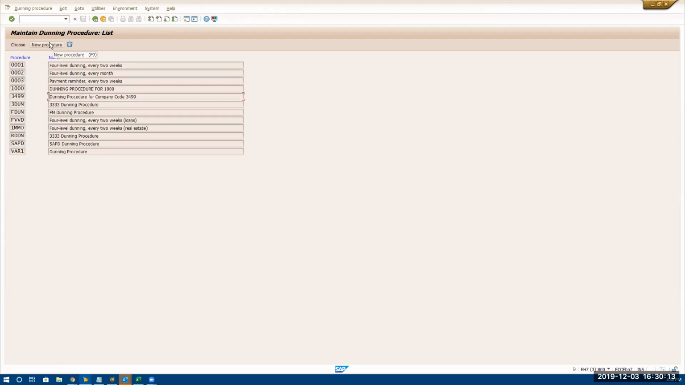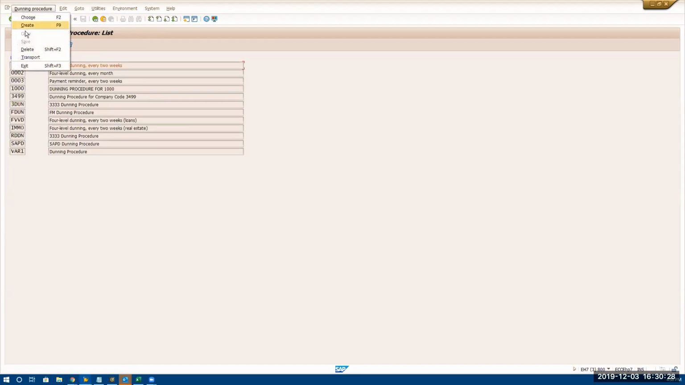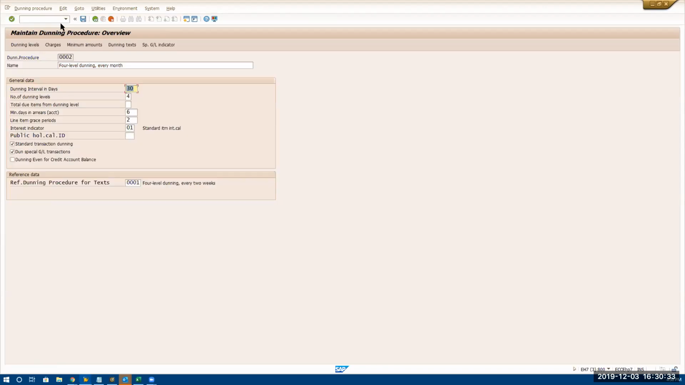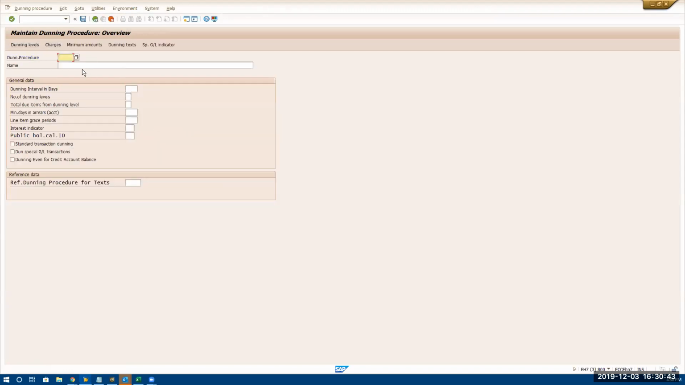Now I'm going to create a new procedure. Or you can also copy from 001. This copy is not possible in this screen, but there's a way you can copy. Let's see, dunning procedure, choose 001. All right, so that is the way you can copy. So for a new procedure, let's put 333 here. This is a new dunning procedure